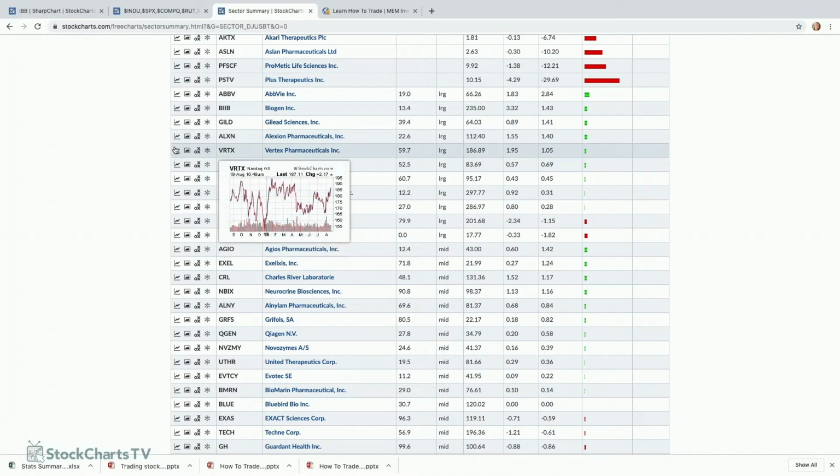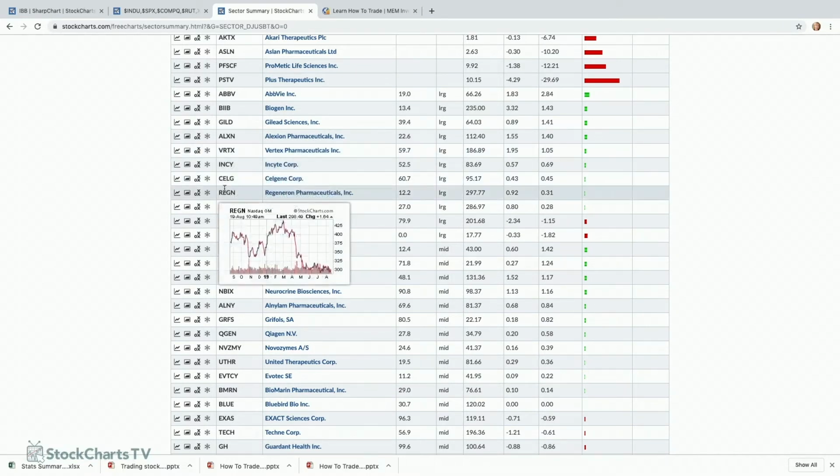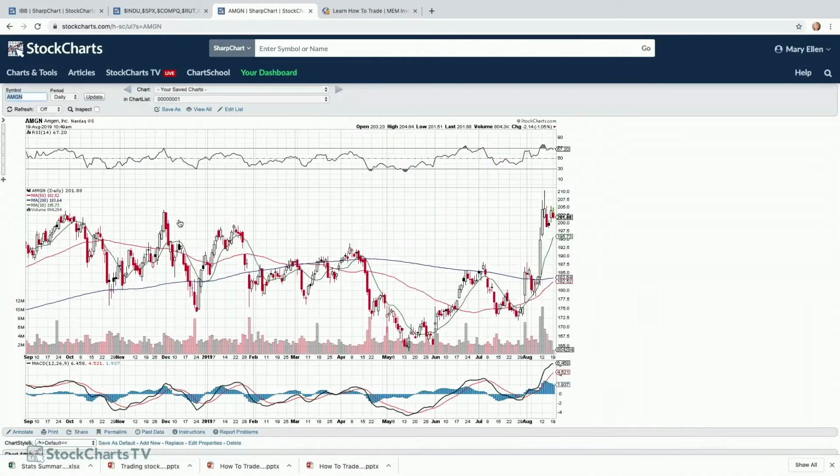So I'm going to take us to 2 names currently, actually 3, maybe even 4, that are doing well and that are positioned, that have these high scores. That's your Stock Chart technical rating. So down here you can see Amgen has a 79 rating. Could be very interesting. Let's go ahead over and take very quickly a look at this